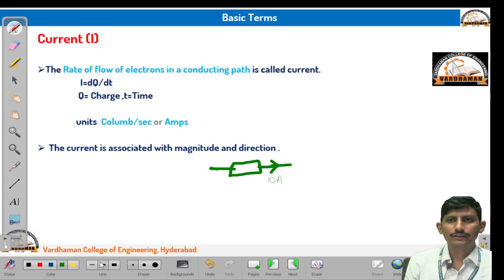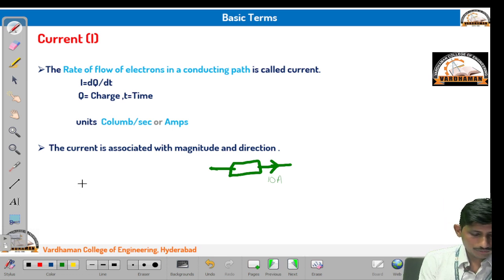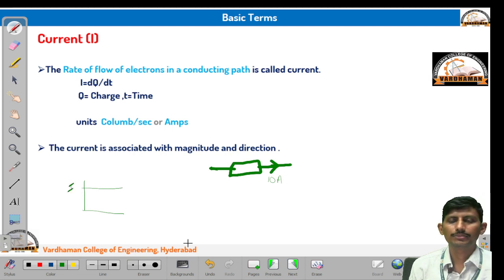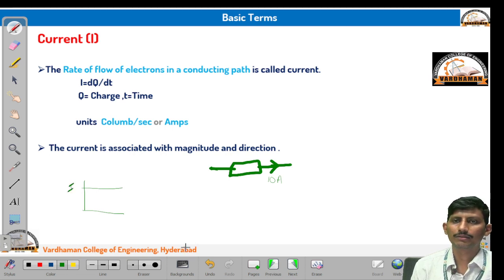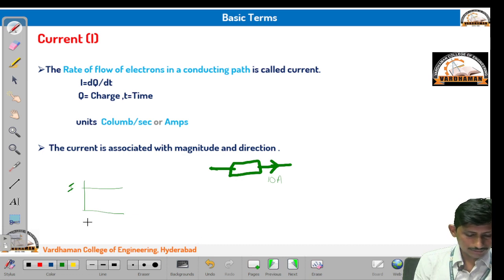DC stands for direct current, where the magnitude of current is independent of time. That means in a circuit the current can be represented to vary like this. That means it is constant throughout a certain period of time when all other parameters are constant. This is DC. When it comes to AC,